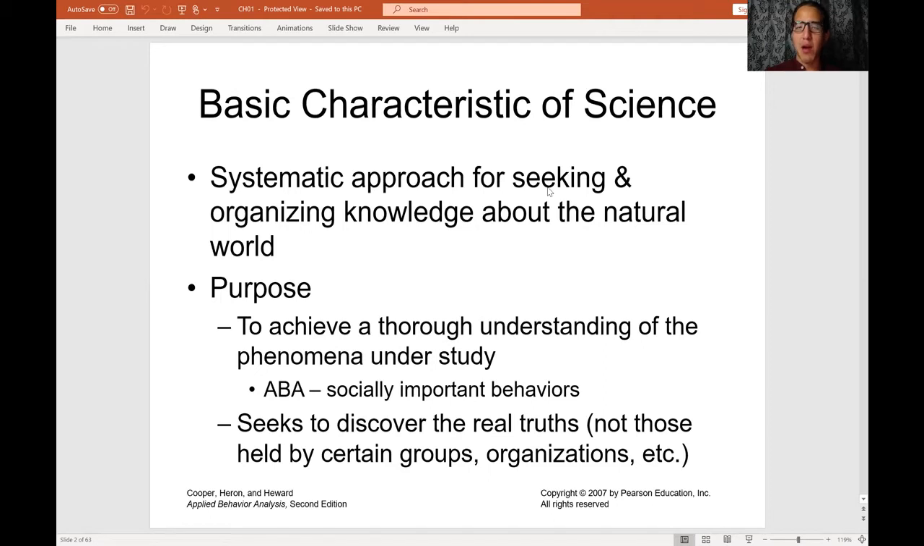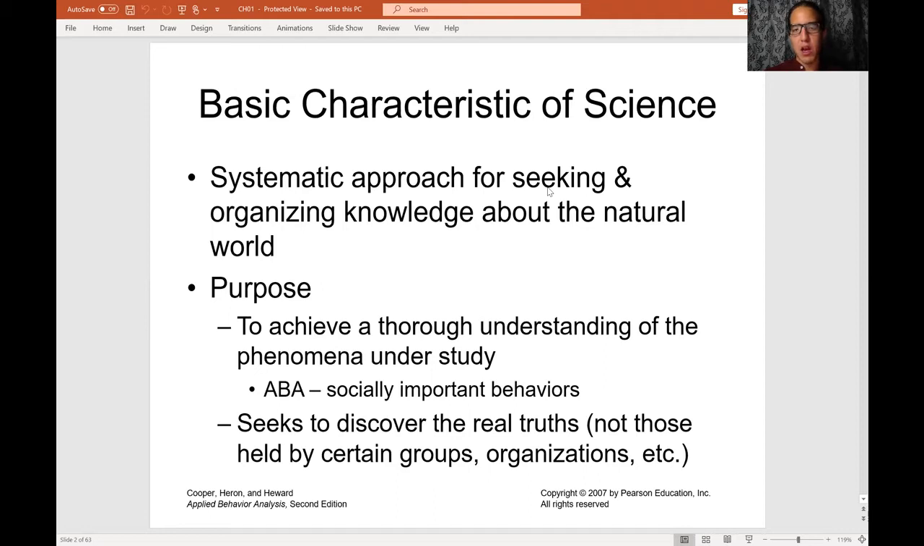So yeah, it's about uncovering the variables about our world. Natural world is the world around us, not outside in a laboratory. It's the natural world as it is right now. We're trying to uncover and seek and organize the knowledge about it. And the purpose of the science, as I was mentioning, is to achieve a thorough understanding of the phenomena under study. Now, in ABA, as a science,